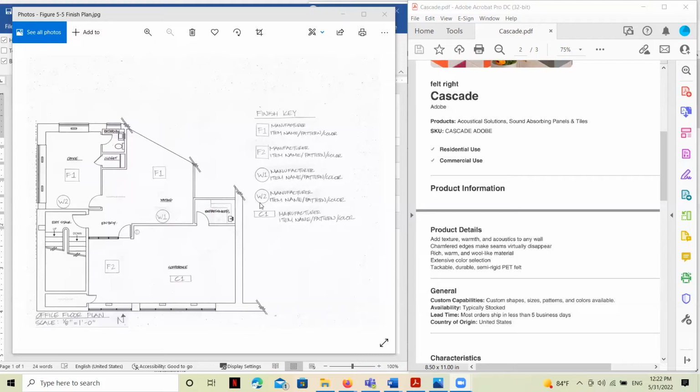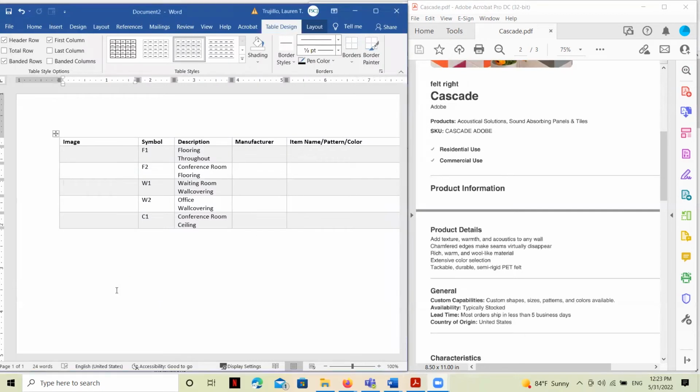But let's say I was moving forward to the next stage of developing this design, and I needed to start collecting information about these various finishes. Once again, we've got a couple of floor tags: flooring number 1 and flooring number 2. We've got wall covering number 1 and wall covering number 2, and then ceiling number 1. These are the finishes that we're going to be concerned with when we make our finished schedule. So I'm going to close that and show you this.